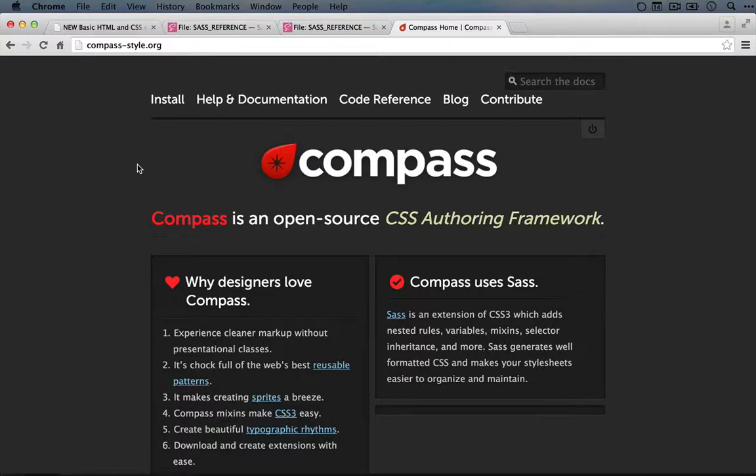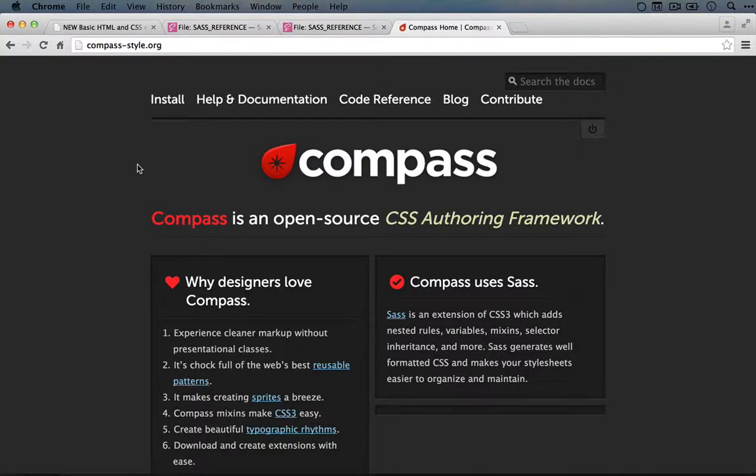A lot of times when people start using Sass, they start using Compass at the same time. And this means that if they have a project where they won't actually need Compass, they end up bringing it along, and it can end up slowing down the rendering process for your Sass and adding some bloat to your code that maybe you didn't intend on adding.